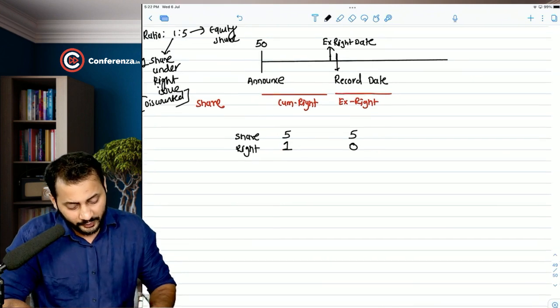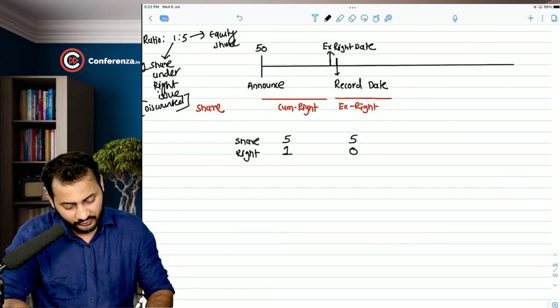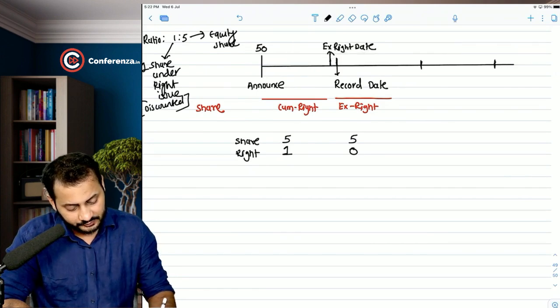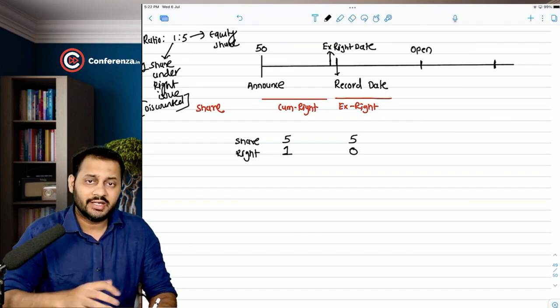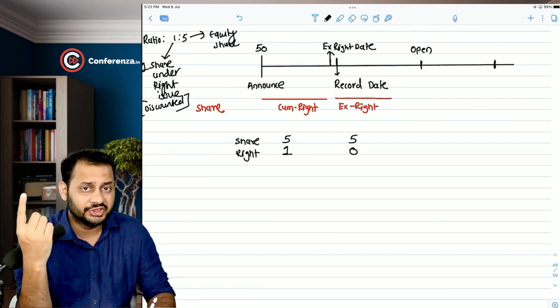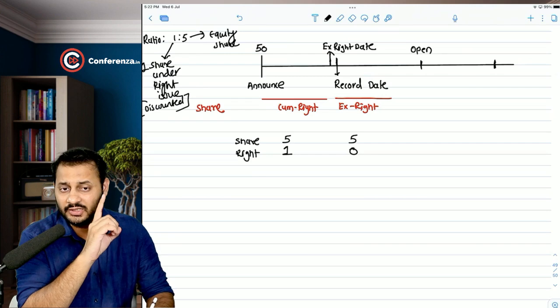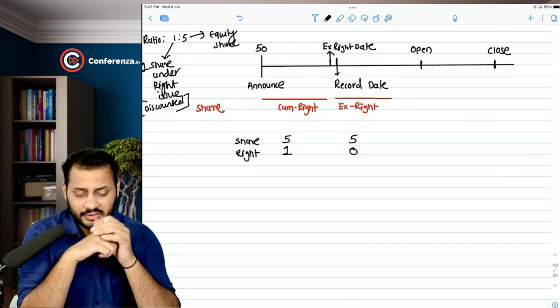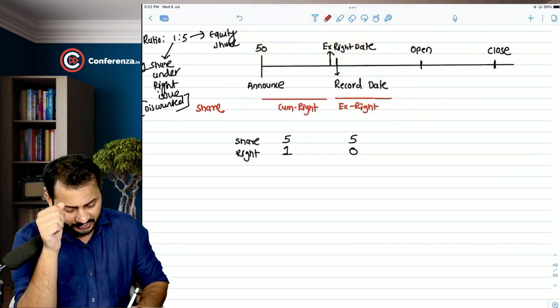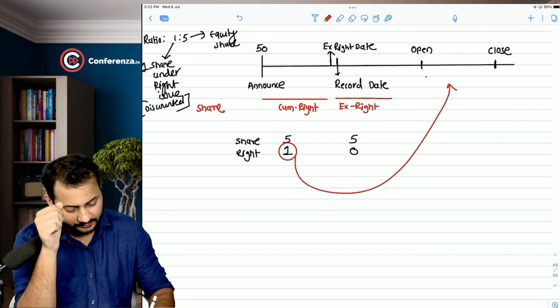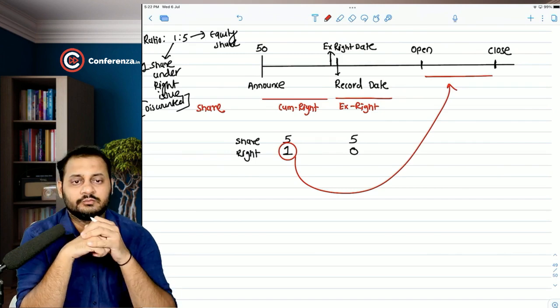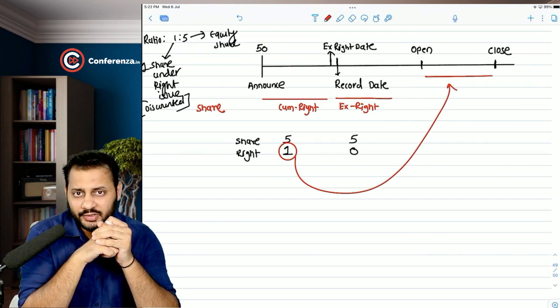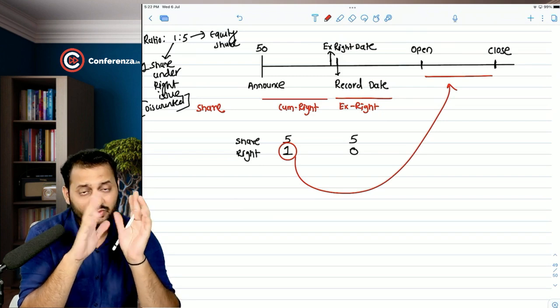There will be some opening and closing date. Let's say these two are the dates. This will be called the opening date. Here you can exercise your right. You can buy that 1 share at a discounted price when that opening date comes. And this will be the closing date. That means those who want to buy the share at a discounted price will have to do so in this date. Getting it? So you can pay 40 rupees and you will get 1 share between those dates, not before that,